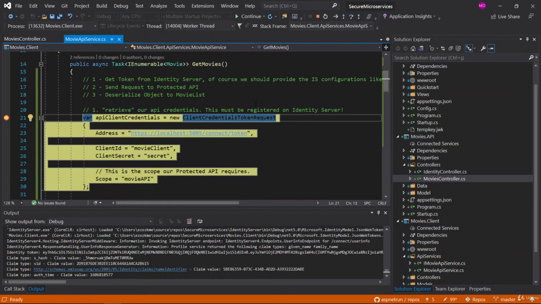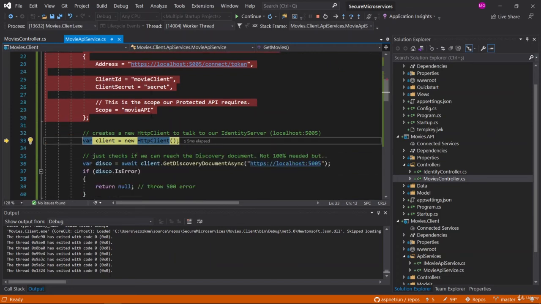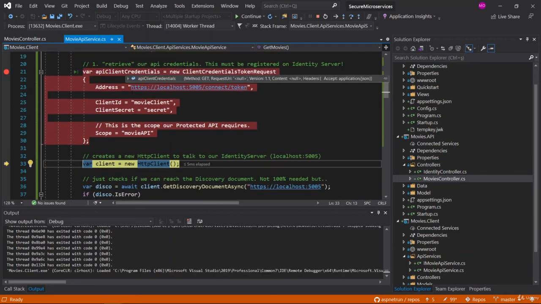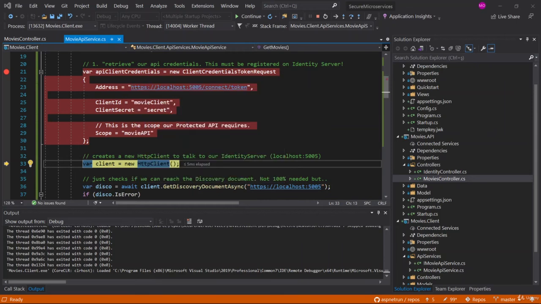When we are in the get movies section, we get the token from Identity Server 4. Let me look at this client credential token request. We have prepared these requests, and as you can see the details in here, we have the token address, the client ID and client secret, and the scope movies API.